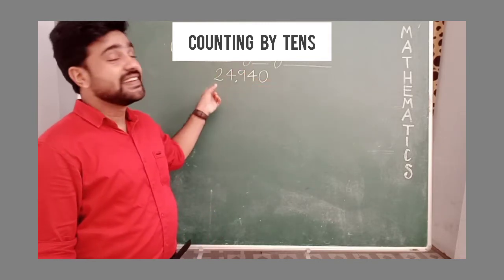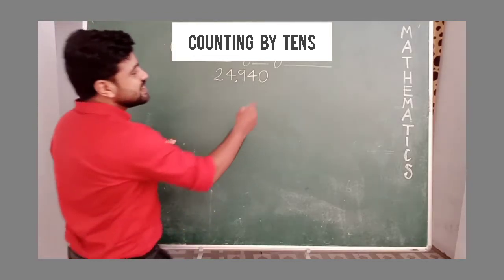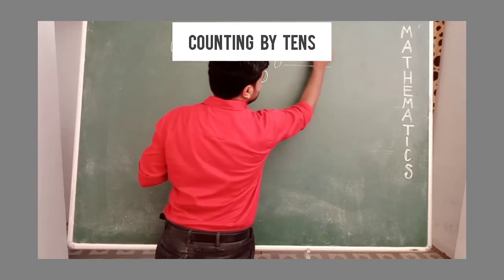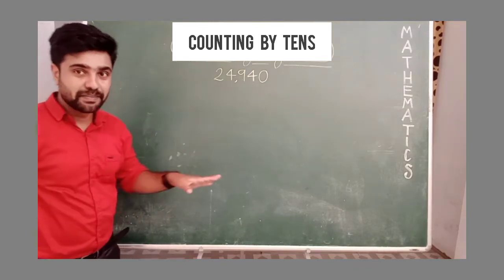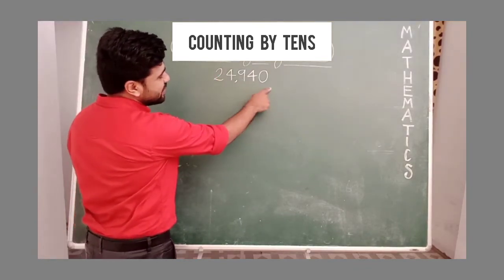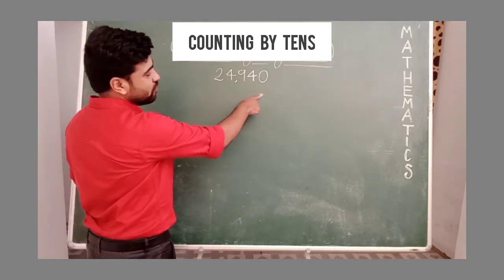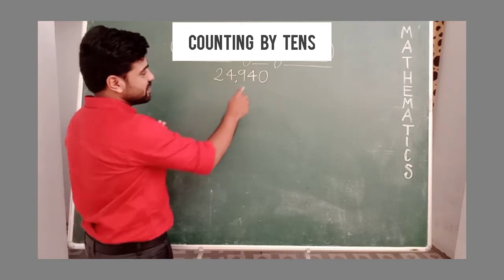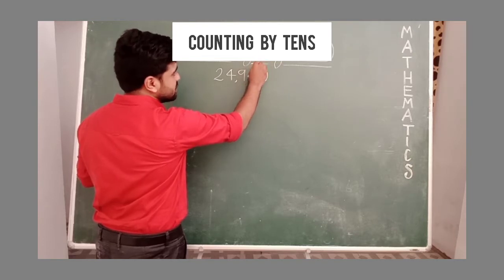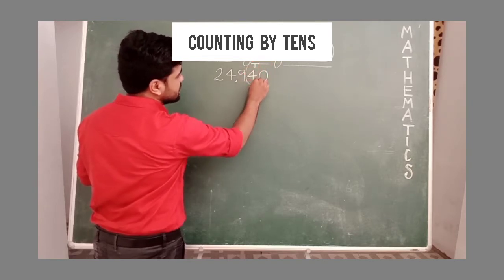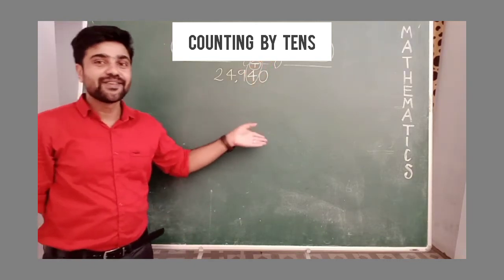And there is a shortcut also for doing this calculation. Counting by tens, write the next four numbers from the given number. Since it is counting by tens, for getting the next numbers, find out the tens place in the given number. That is clear for us. We learned in the previous class. This is the ones place and this is the tens place. 4 is the number in tens place. We have to find out the next numbers.